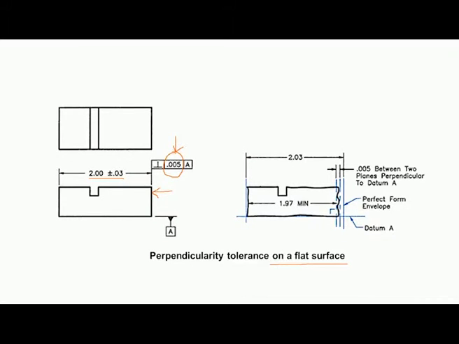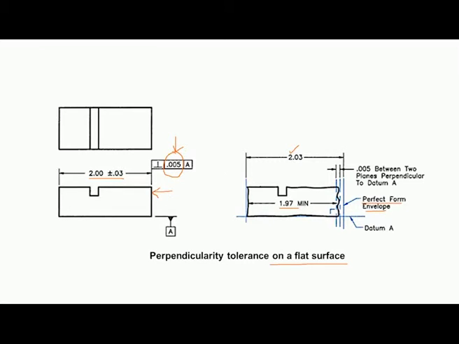The maximum width should be below 2.03, this is the maximum size, and minimum size is 2 minus 0.03, that is 1.97 millimeter. So this is 2.03 to 1.97, this is the size tolerance, and for this we say perfect form envelope. The object should be within this envelope.